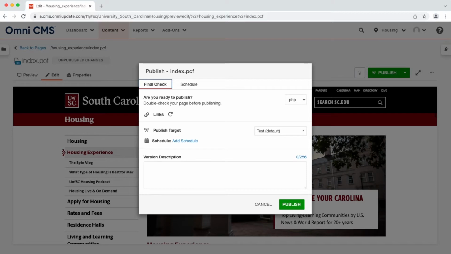You'll have the option to select a published target on the left and a drop-down on the right, which will be set to Test. This is the default option because you should always publish your changes to the test server for a final check before publishing to the live site. Anything published to the live site will be immediately available to everyone, so it's important to check for any mistakes